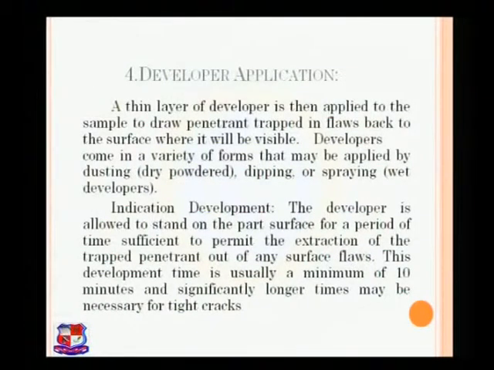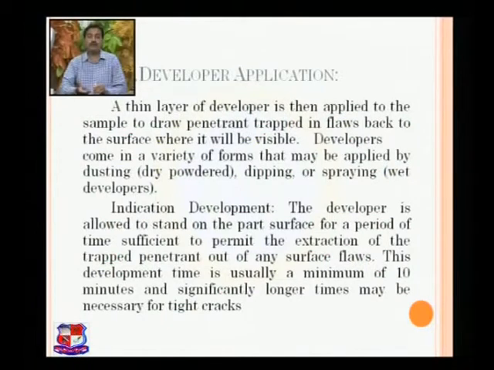The fourth step, after removing the excess, is where we need to develop it. So, the developing application. If it is a color dye which we have used as a penetrant, then there is no issue, it will be directly visible to us. Once we remove the excess, we will find the crack. But if it is not directly visible, then we may need to expose it. If it is fluorescent material, we need to expose it with a light. Once we expose it, it will glow and show the indication, and we can identify its presence. If it is not so, then again we need to use a particular indicator.